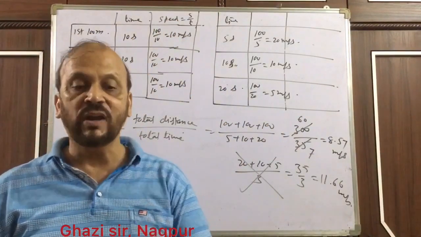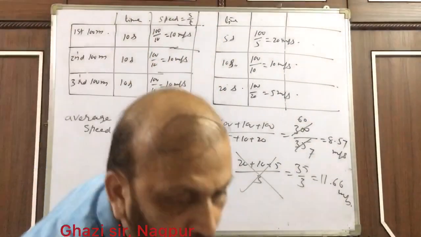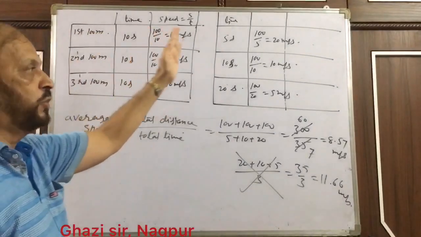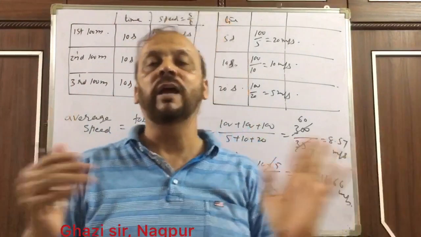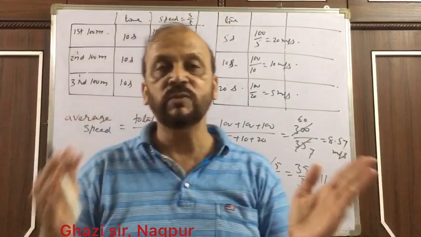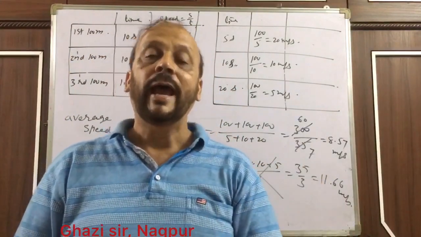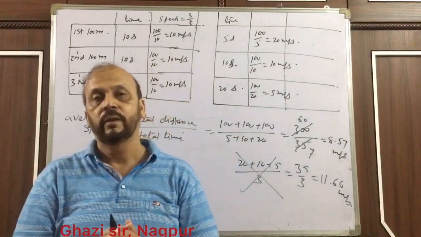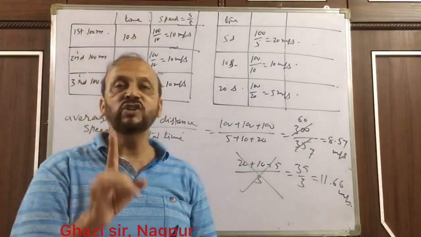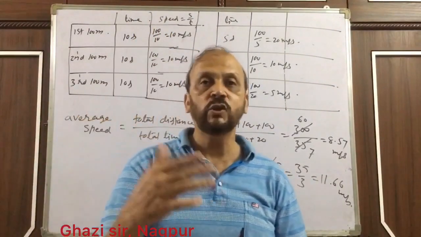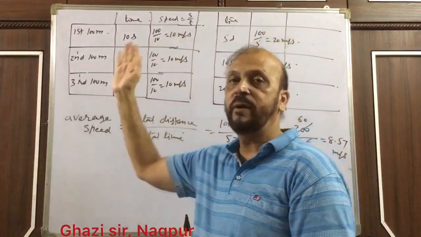Now suppose distance traveled is equal, for example, so we repeat it in short. So this is uniform motion, this is non-uniform motion. In uniform motion, in each lap the particle is traveling in the same time. So if the time remains the same or speed remains constant throughout, the motion is called uniform motion. And if the speed changes from time to time, then that motion is called non-uniform motion. To find average speed in uniform motion, there is no problem. Since speed is constant, here 10 meter per second, average speed will be 10 meter per second.